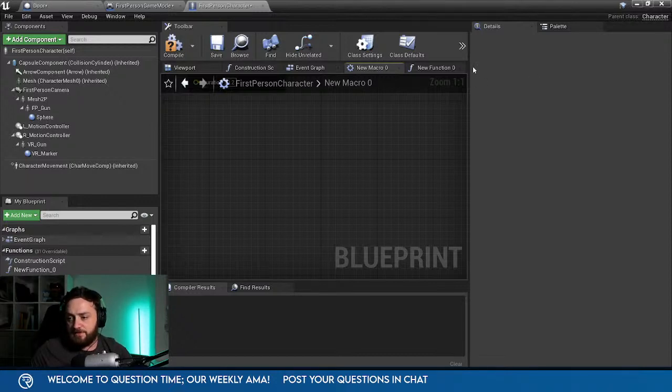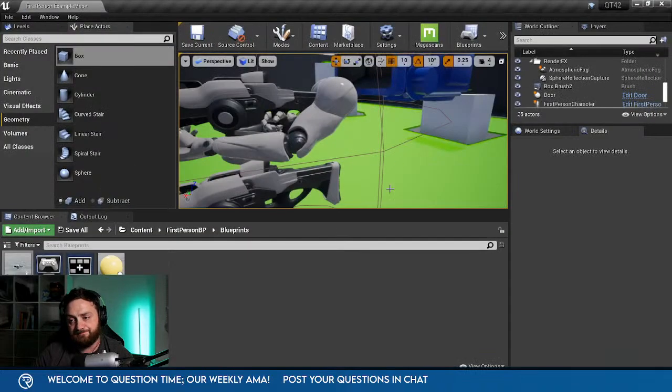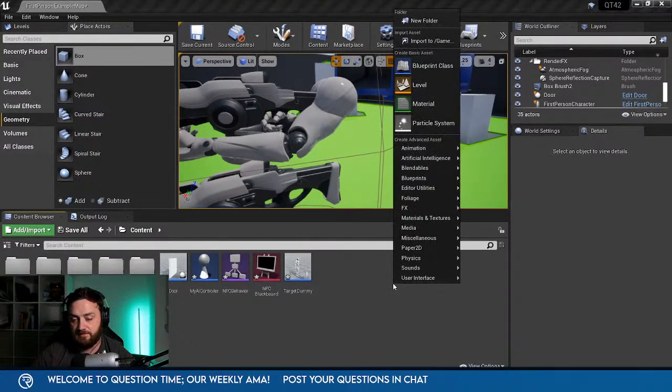Hi Ryan, this is from Vlad. Your inline text is really good. How do I animate the X button in it? So the best thing to do with animation with that is to use the material editor for that. So animate it via materials. I guess I can go through that quickly here.